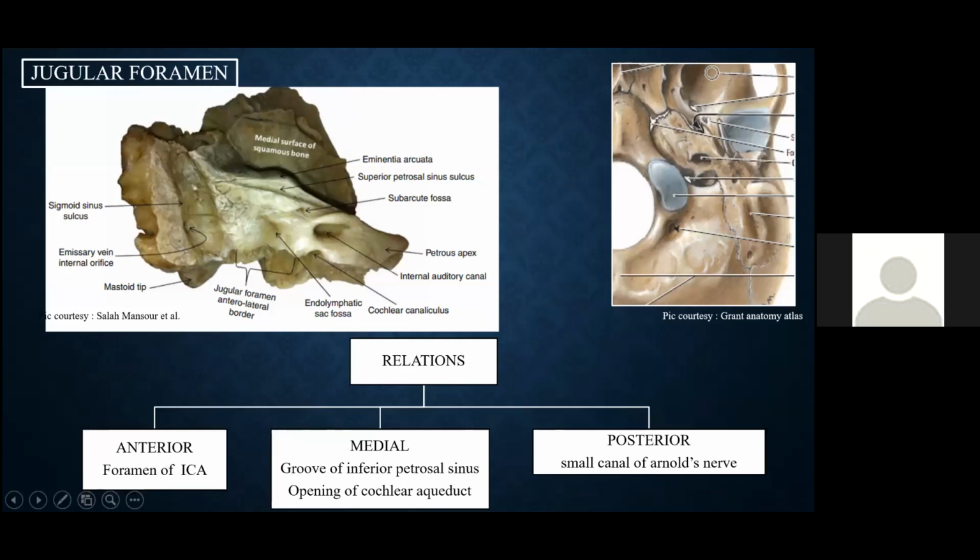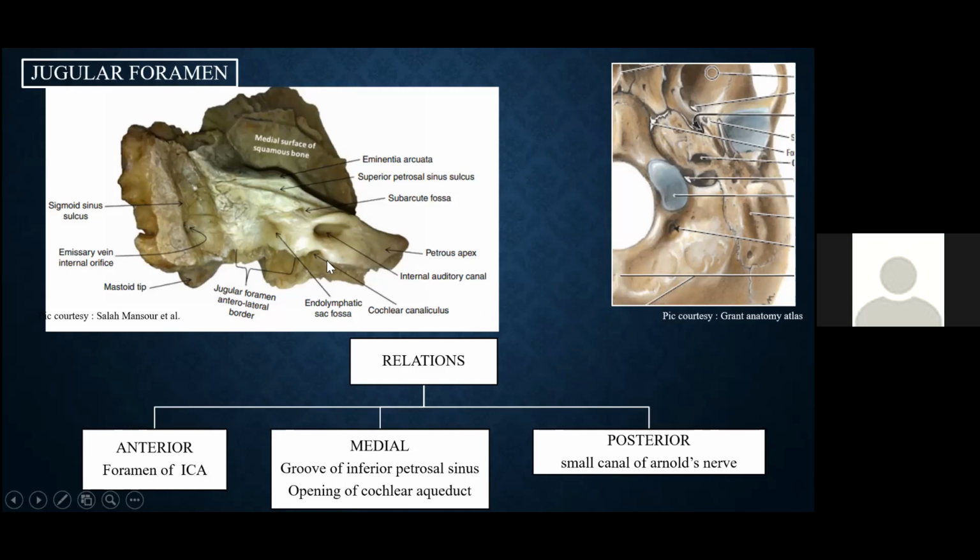Jugular foramen, it is formed by two major bones of the skull base, the petrous bone, the anterior lateral part of the petrous bone, which we can see in this diagram, and the posterior medial part is formed by the occipital bone. These two bones contribute to the formation of the jugular foramen. And this jugular foramen is also separated from the carotid canal, which lies anterior to it, by a jugulocarotid spine, which we all know. And it has relation to other structures as well.